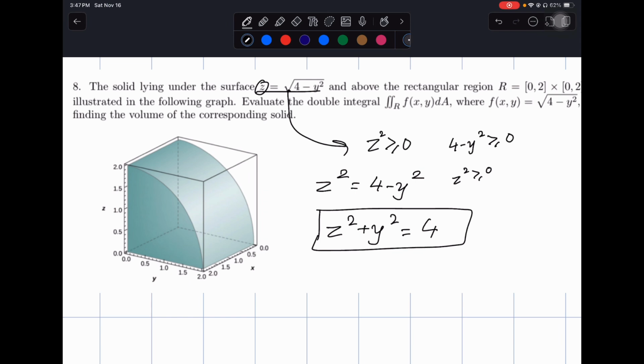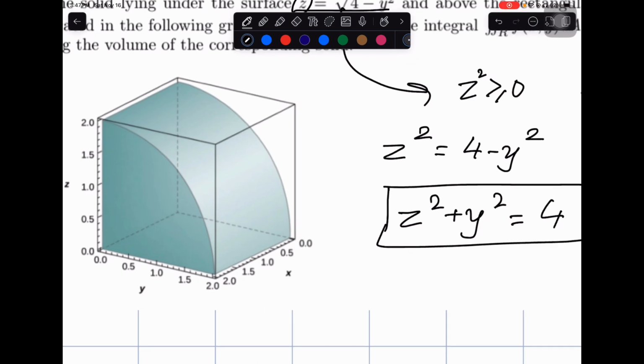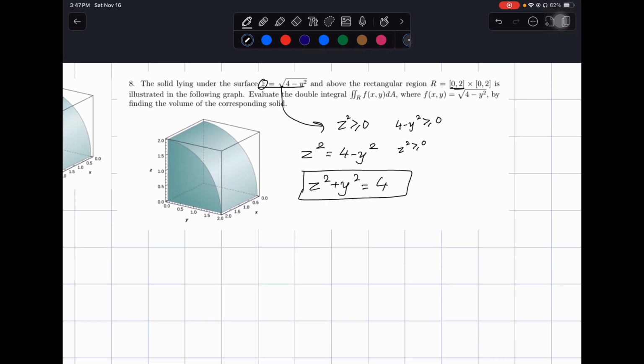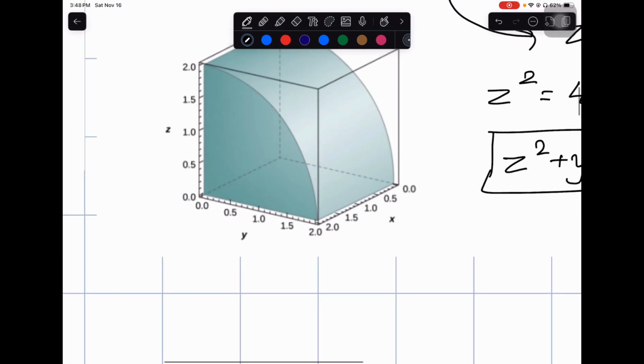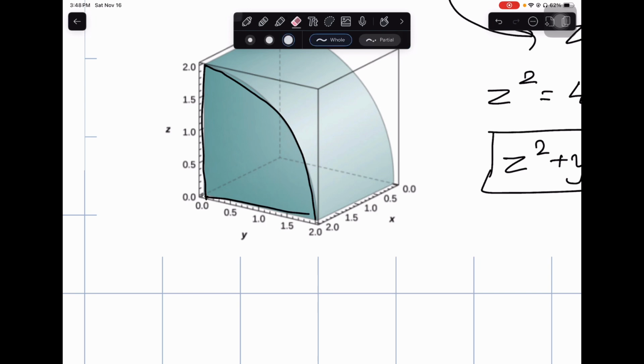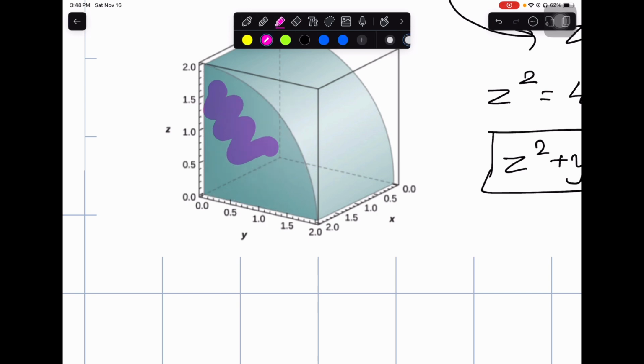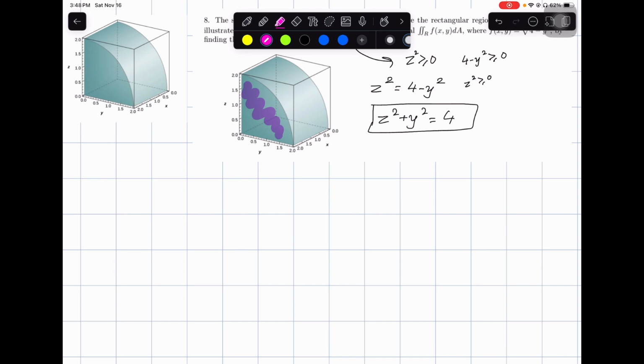But since the graph has been given, we know that there is a restriction on the x-axis. It is from 0 to 2, right here, and there's also a restriction on the y-axis for the 3D surface that is 0 to 2. So first, how we can go about this is to find the area of this quarter circle, like this part. Let me change to a pen. The area of a quarter circle